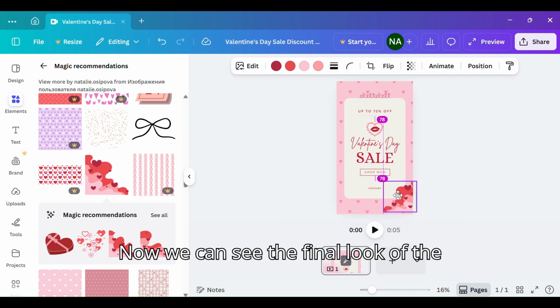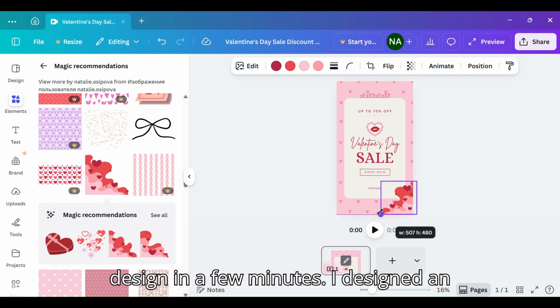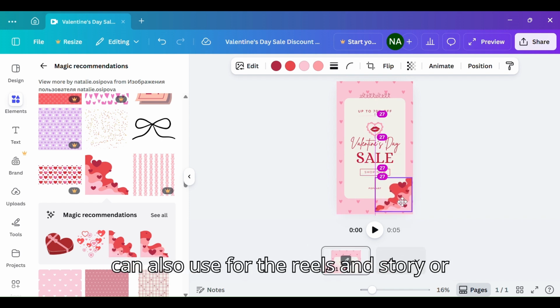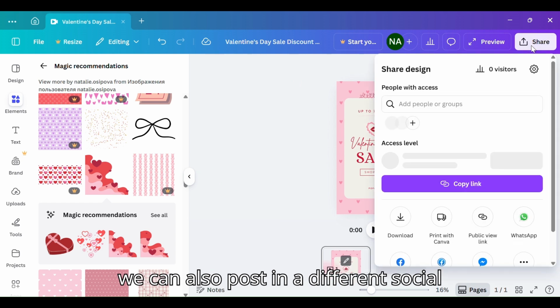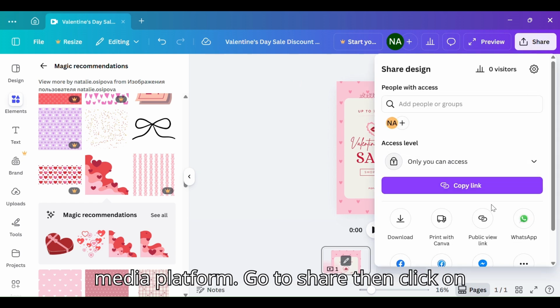In a few minutes, I designed an Instagram Valentine's sale post, which we can also use for the Reels and Story, or we can also post in a different social media platform. Go to Share, then click on Download option. It will download to your